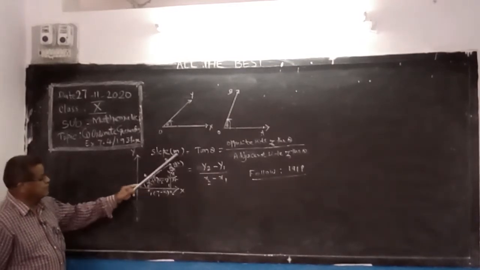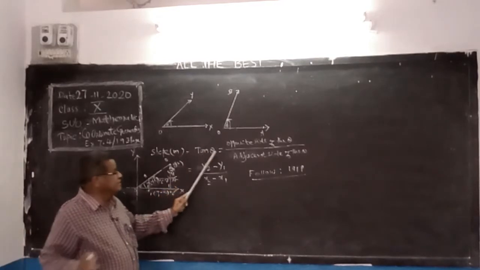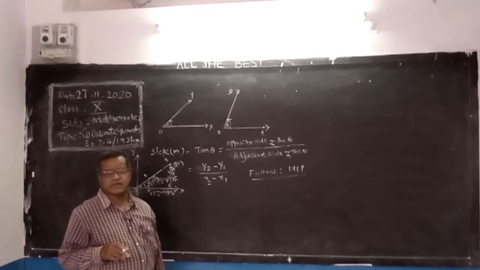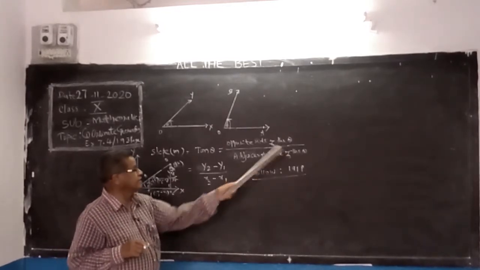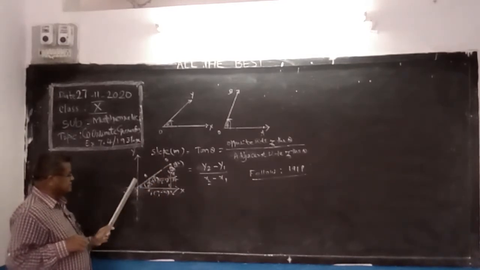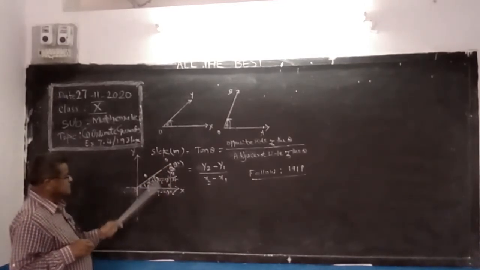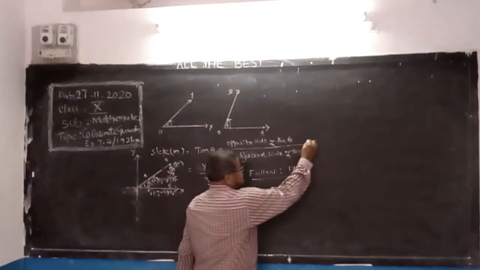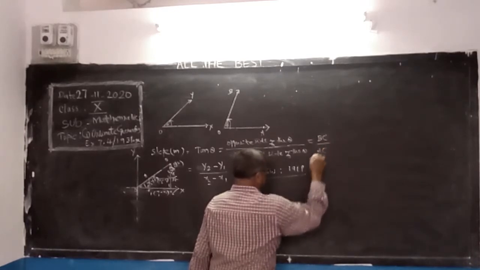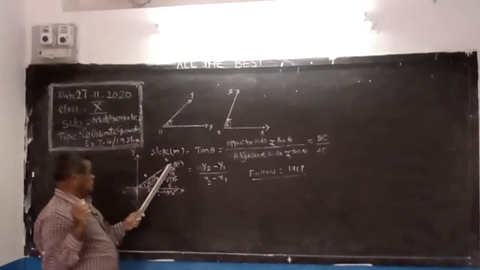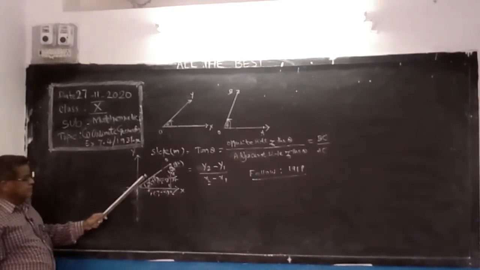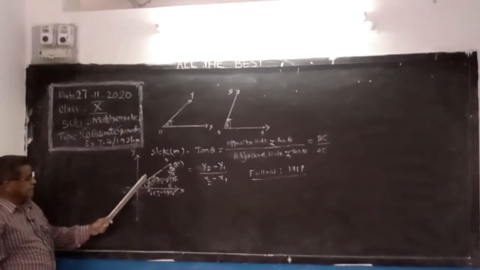Angle is defined by tan theta. Tan theta is by definition a ratio: opposite side of the angle by adjacent side of the angle. So this is the opposite side BC by AC. BC by AC. BC is y2 minus y1. AC is x2 minus x1.